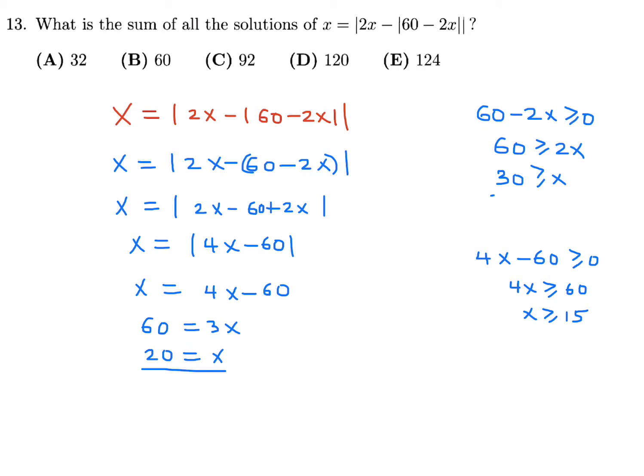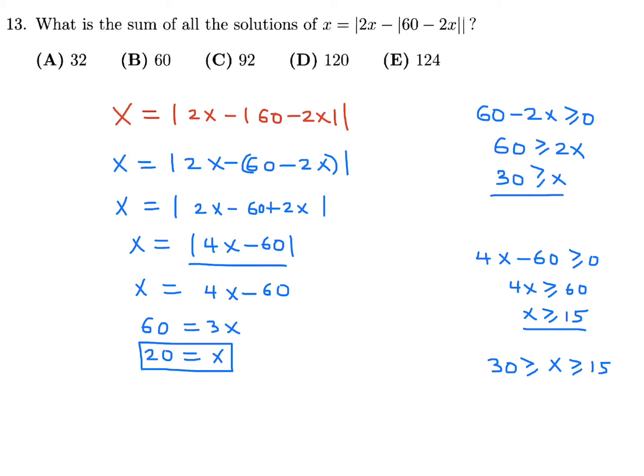Now let's just see if it falls within this range. Combining these two ranges, we get X is greater than or equal to 15, and X is less than or equal to 30, and indeed 20 is in that range. So we got one possible value for X. Now we have to continue, but for different scenarios. The next scenario, of course, is when